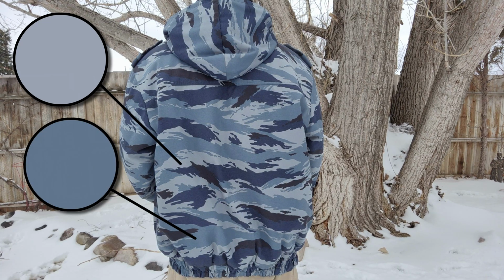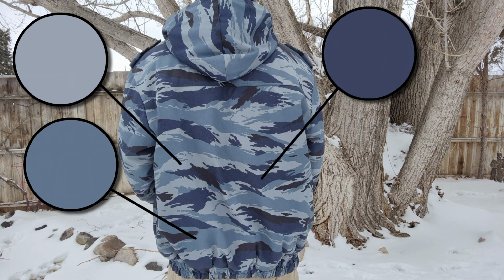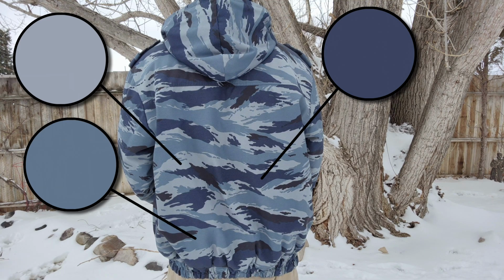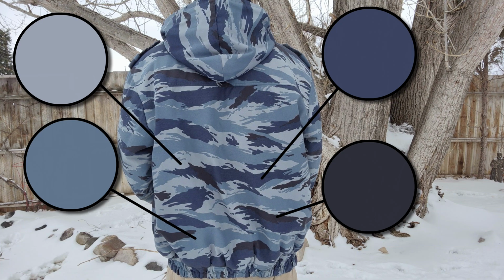And then you can see there's smaller dark blue stripes and then very, very little, usually interspersed with the aforementioned dark blue stripes, are some really close to near black, but still pretty much a navy blue. What I've noticed is if you look at this camouflage pattern compared to that blue reed pattern, generally from a distance it seems like the reed tends to become more of a blob, whereas with this it still retains